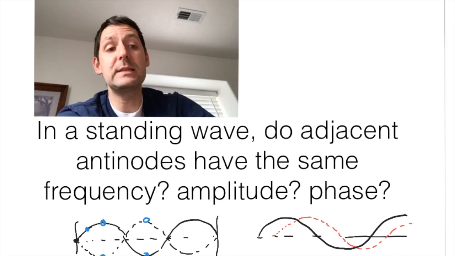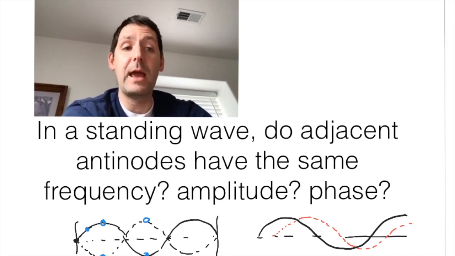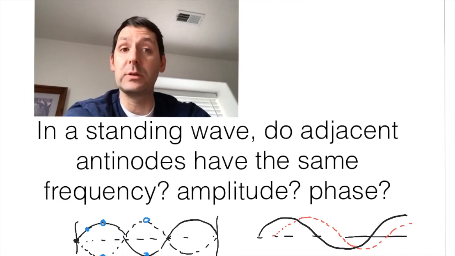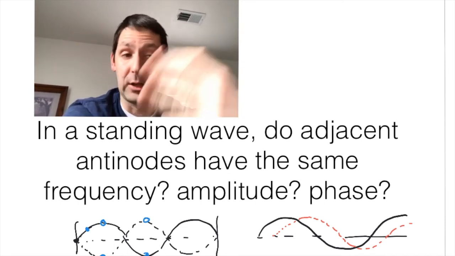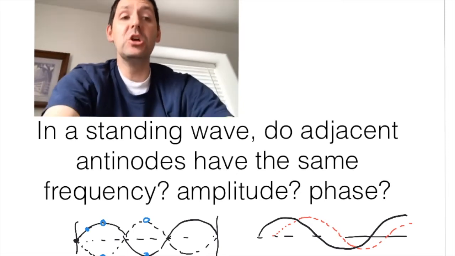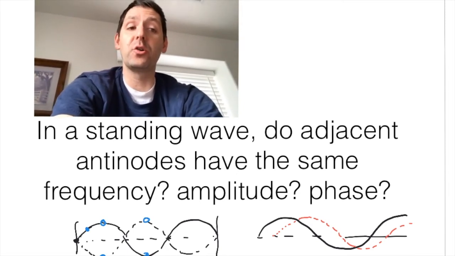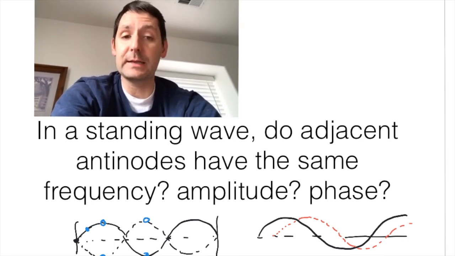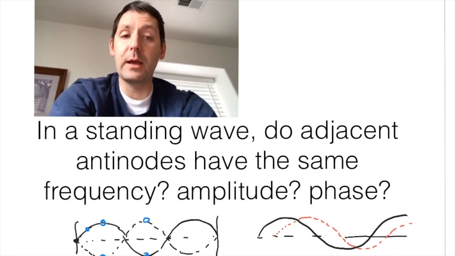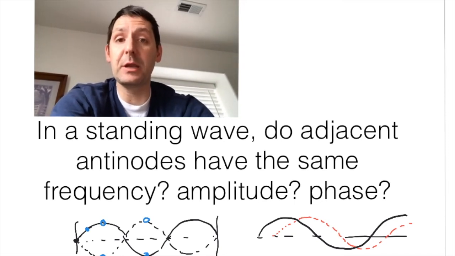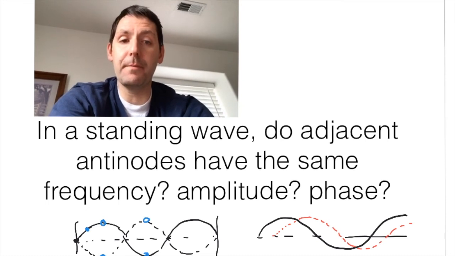Now that's the same case in a traveling wave. Every single particle is going to have exactly the same frequency, from one point until it repeats, till it goes through a whole wave. That's true. So do adjacent antinodes have the same frequency? Well, yes. It's going to take this antinode the same amount of time as it's going to take that antinode. So that's pretty straightforward there. All right. Next question is,